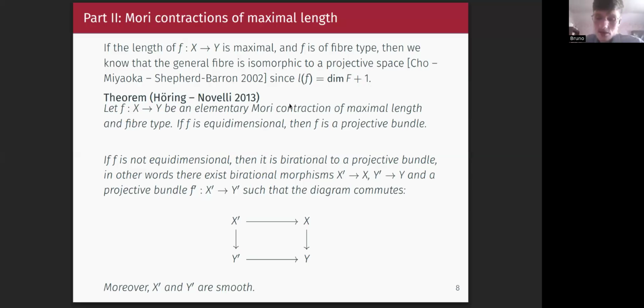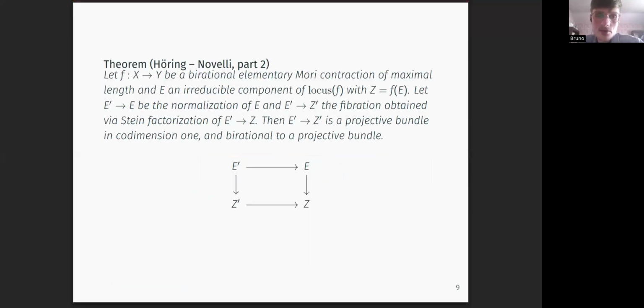length. They also proved something for birational elementary Mori contractions of maximal length. Namely, I am able to find something interesting if I normalize E. So E in that case is taken to be any irreducible component of the locus of F, so the locus which is contracted. I denote as Z the image of E, right? And if I normalize E and then I consider the fibration from, not fibration, but the morphism from E' to Z,